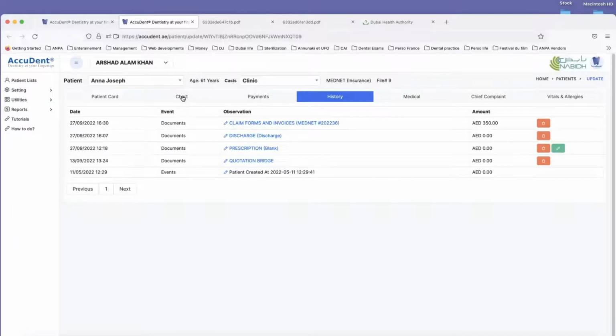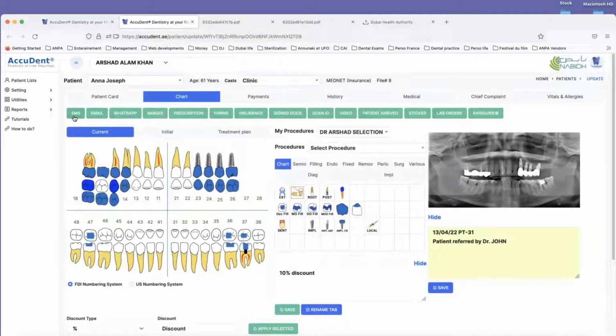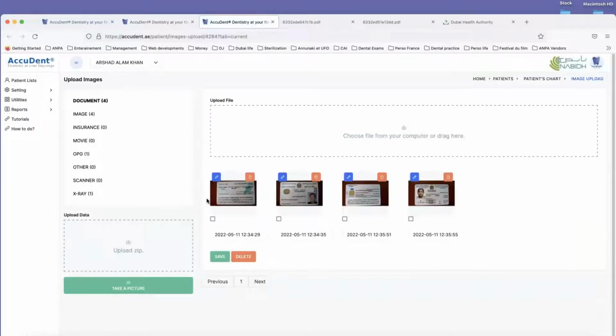Okay, I think this is what I wanted to send you: SMS, you can send SMS, email, WhatsApp, images. I go to images. So NABIDH is excluded. There is no image with NABIDH. Okay, it's not working, and we cannot send an X-ray. We can send the report of the X-ray to NABIDH, but not the X-ray. We cannot send the CT scan, but we can send the report of the CT scan. Okay, so this is the Emirates ID that we keep in the patient's file, and this Emirates ID allows us